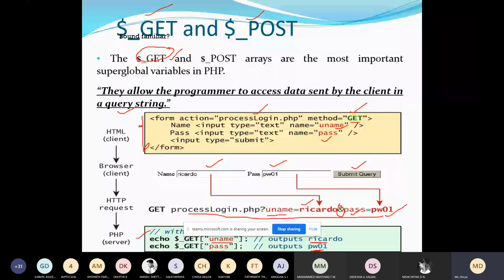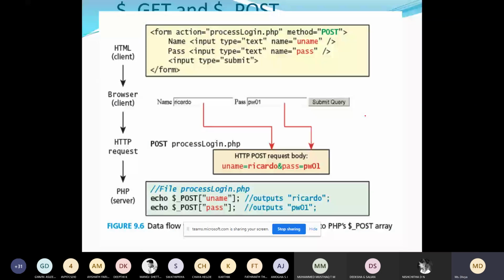Perform this operation. Either you can display to the user, or you can store this value to the database, perform certain manipulations, anything you can do. So this is about the $_POST method. Previous one was $_GET, this is about $_POST.